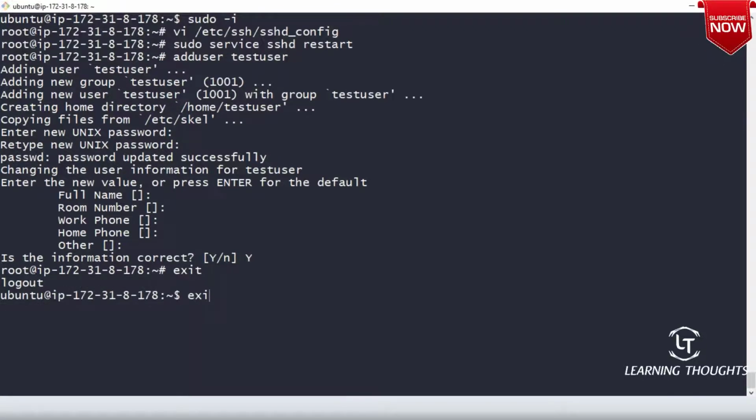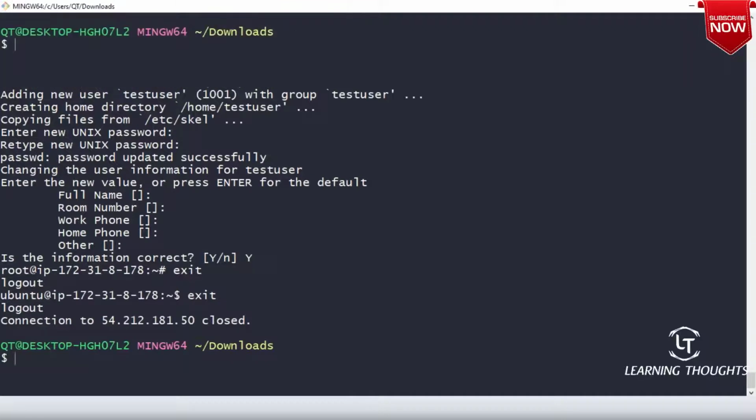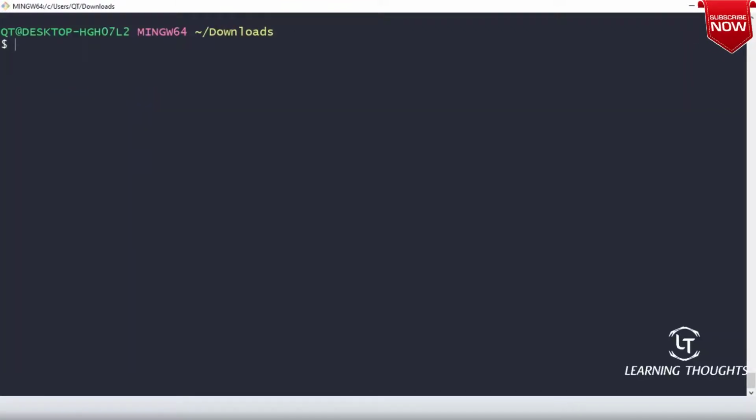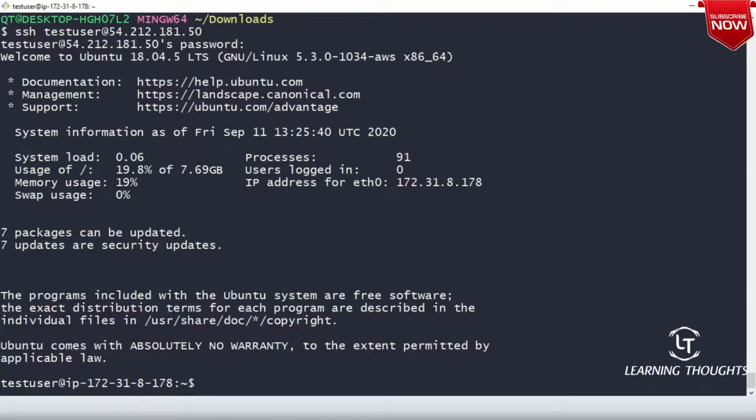Now I want to see whether I can log in with test user on this machine or not. So for that, I'll build an SSH command, something like ssh testuser@this. Then let me type the password. Okay, I'm able to log in.